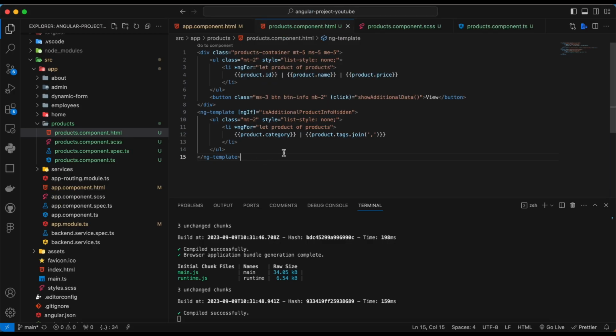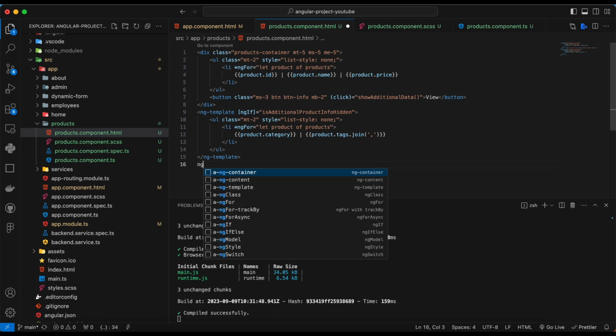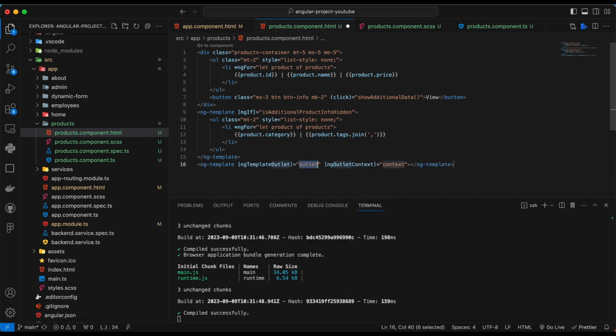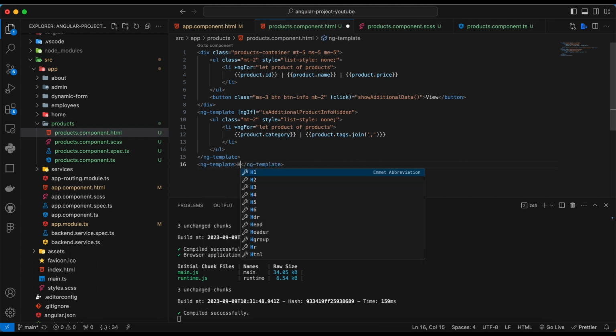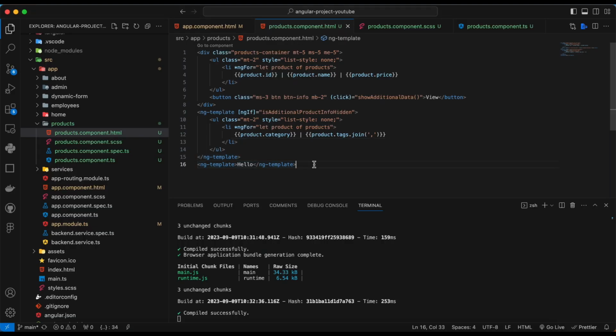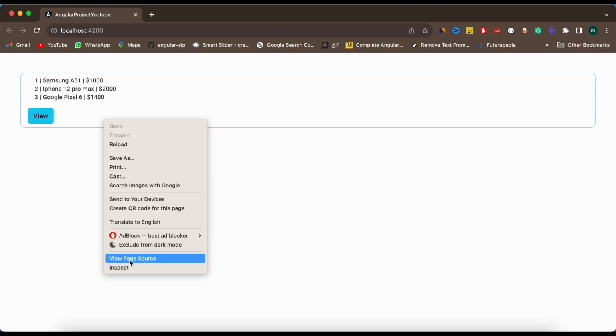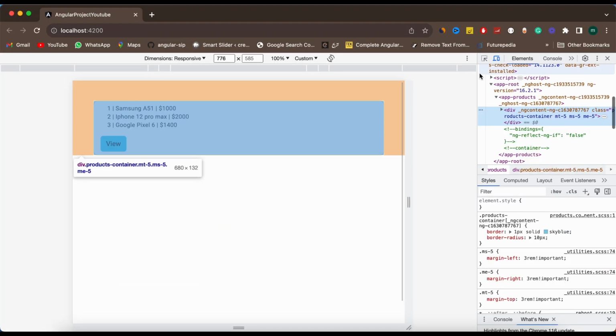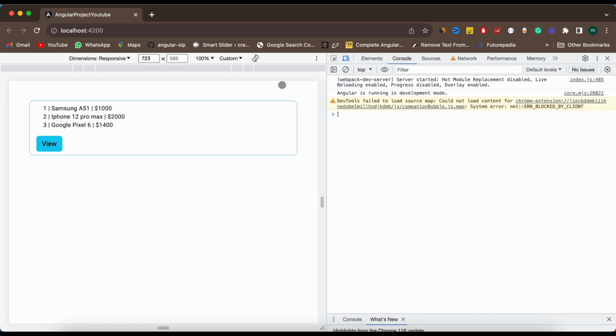Now the ng template is not rendered by default. Like if I say ng template, and here if I say hello, then it will not be rendered by default because it works on the condition that we give it in the ng template. Now if we go to the console here, and if we go to the elements,